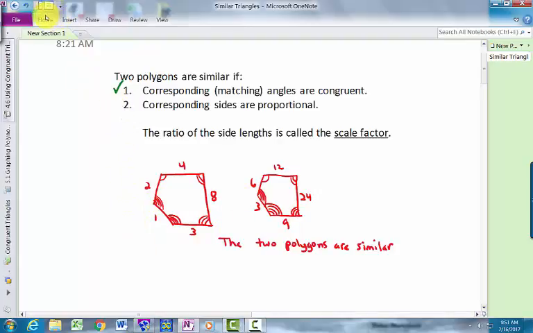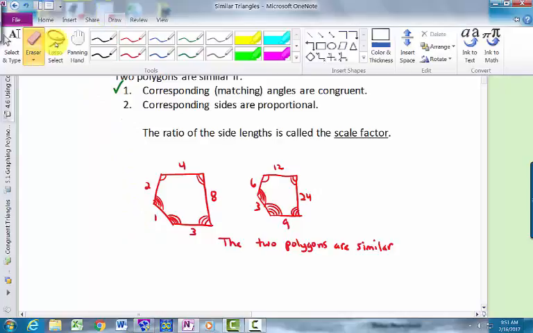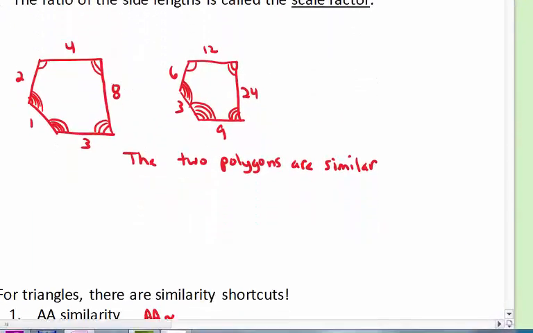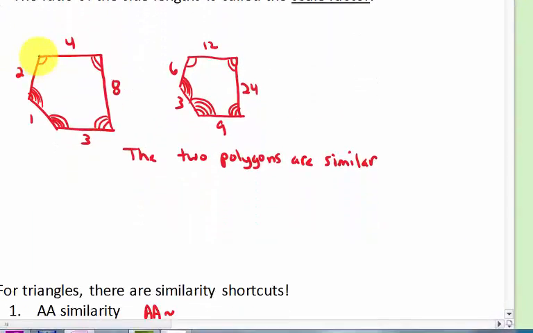So I've established that. Then the second part, in order for them to be similar, the corresponding or matching sides have to be in proportion to each other. If we take a look at the proportions, this first one, the 2, this side length matches with this. You could do 2 over 6, or you could reverse it and do 6 over 2, doesn't matter. If I do 2 over 6 and then go to the next one, that's 4 over 12, which if I reverse that would be 12 over 4, and then just go all the way around. 8 over 24,